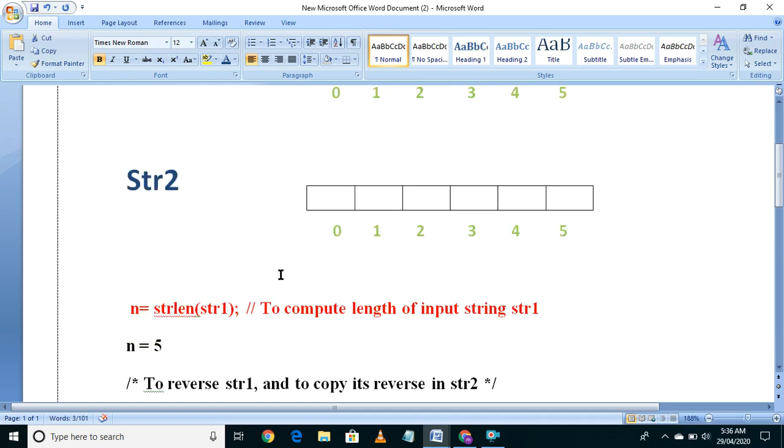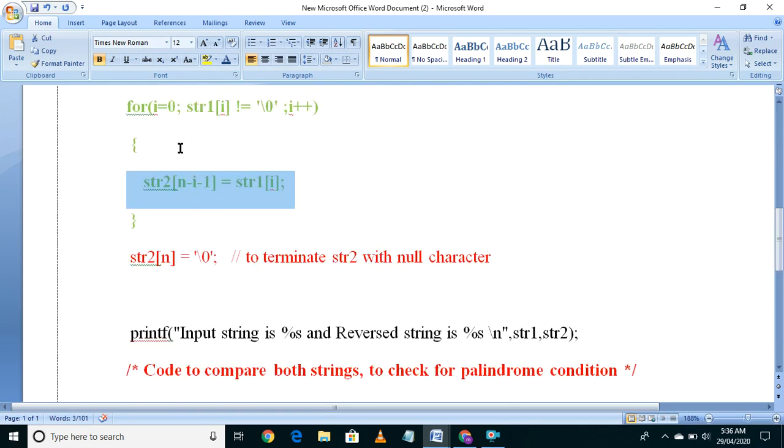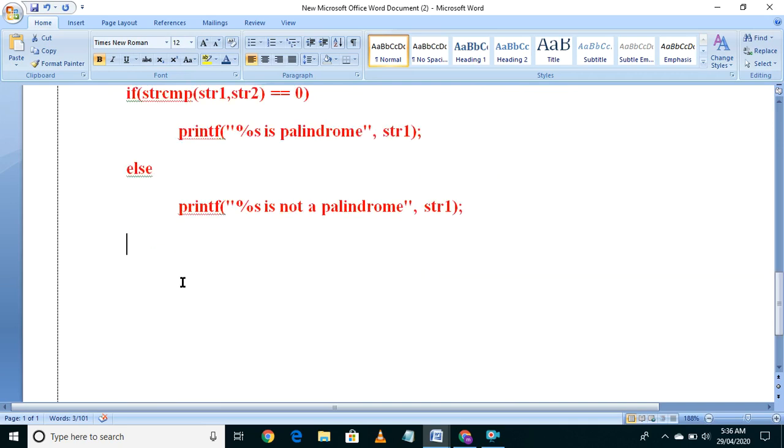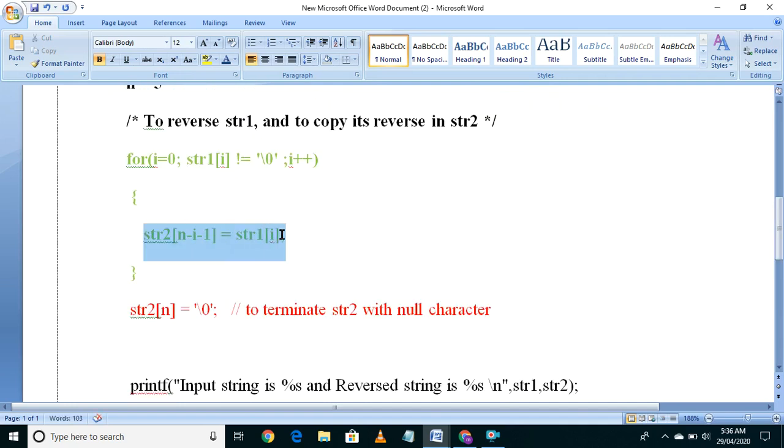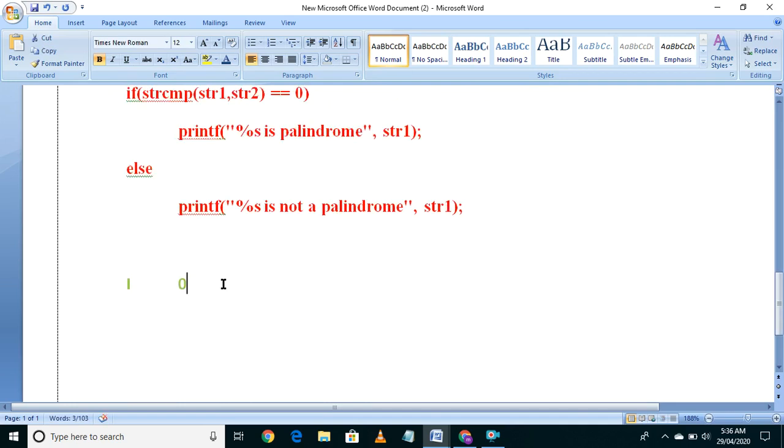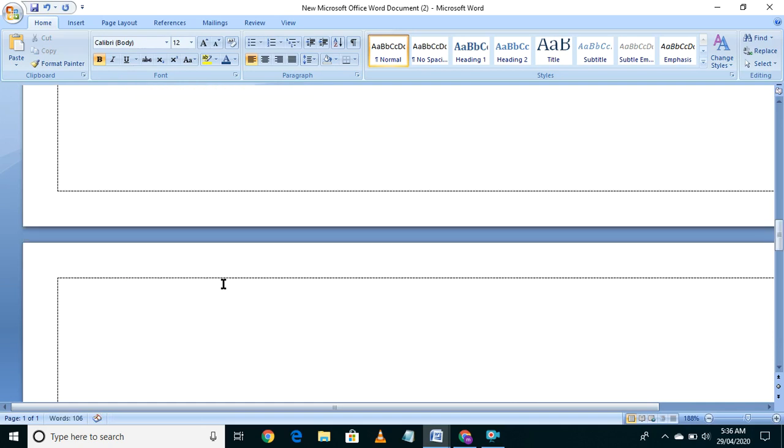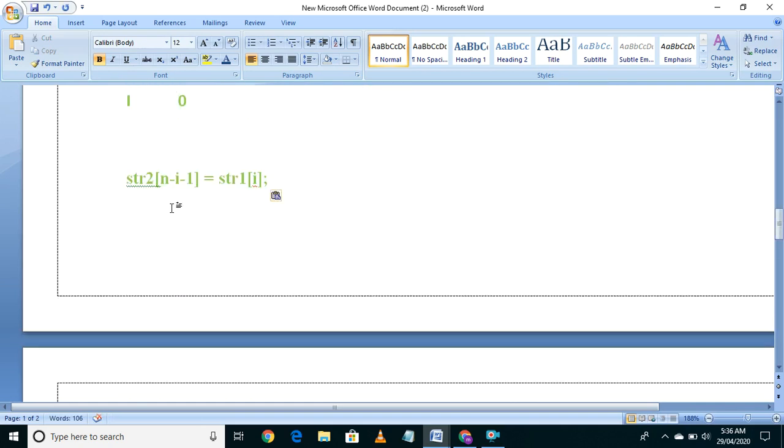Now let me start the loop from I, till str1 of I is not equal to null. The I value is initially 0. So now this is the formula: str2 of n minus I minus 1.